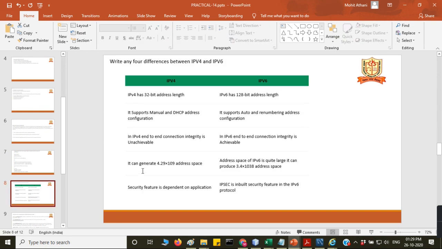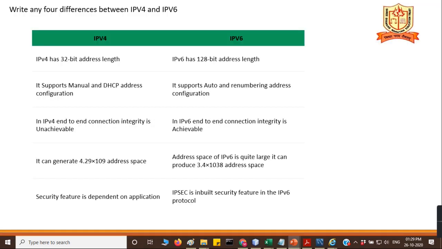Next, write four differences between IPv4 and IPv6. IPv4 has a 32-bit address length and IPv6 has a 128-bit address length. IPv4 supports manual and DHCP address configuration; IPv6 supports auto and renumbering address configuration.